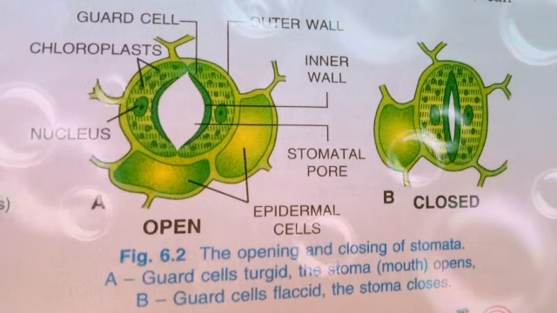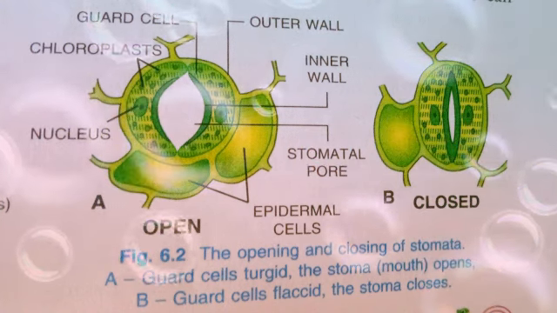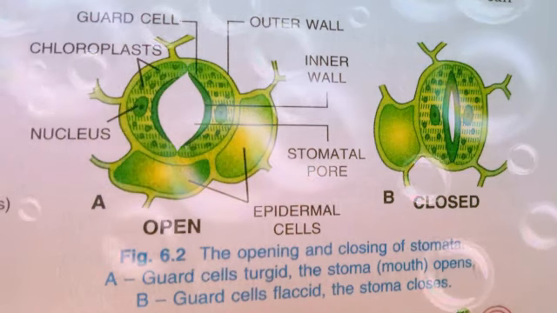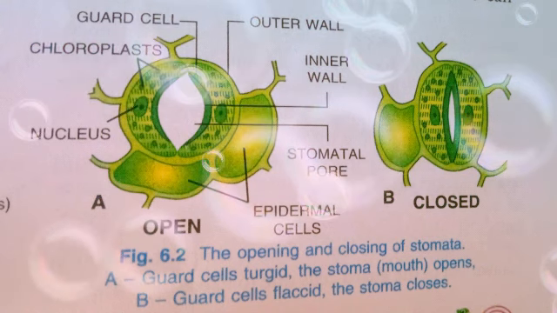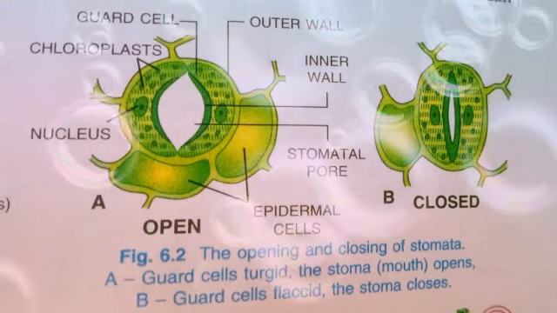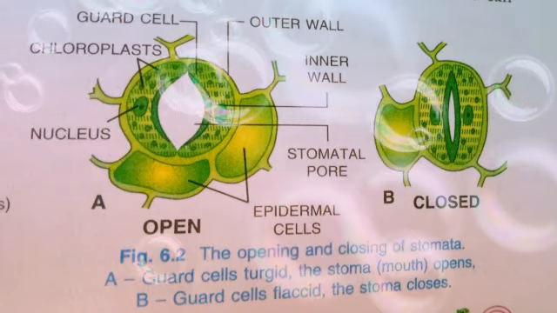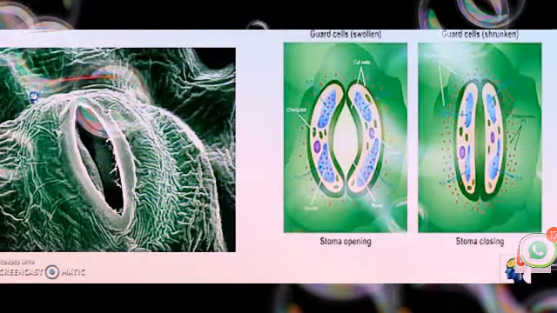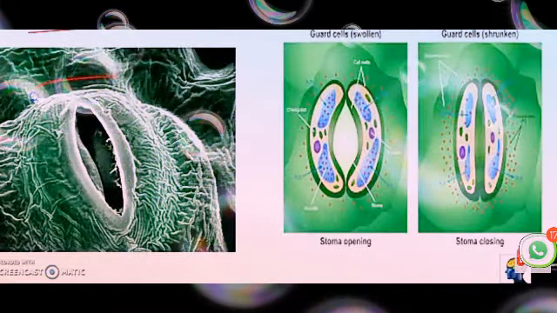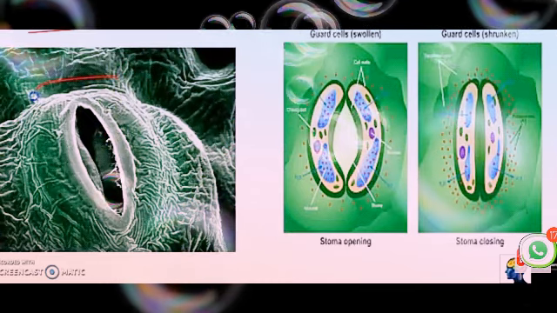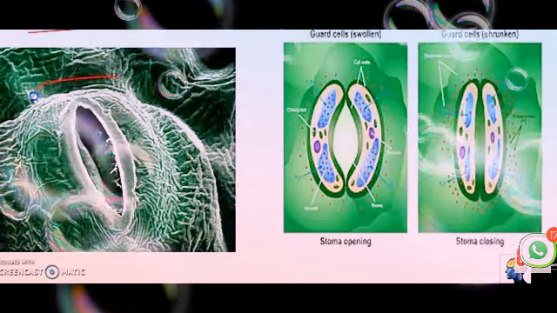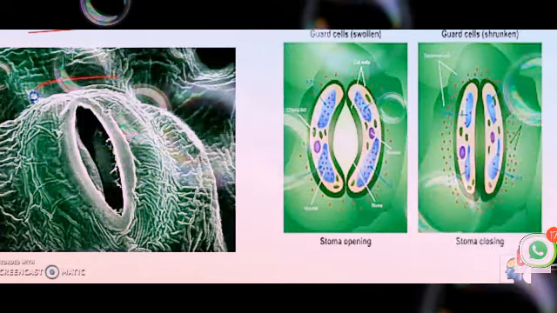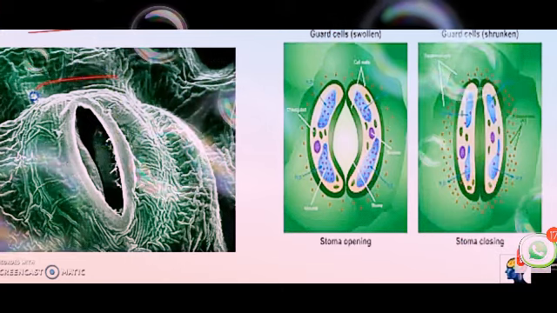According to the potassium ion concentration theory, the stomatal opening and closing depend upon the concentration of potassium ions. During daytime the chloroplast in guard cells photosynthesizes, which leads to the production of ATP. ATP is produced by the mitochondria. The mitochondria already contain ADP, adenosine diphosphate. When it is mixed with the potassium ions, it is converted into adenosine triphosphate, which gives out the energy, and this energy is used by the plants.